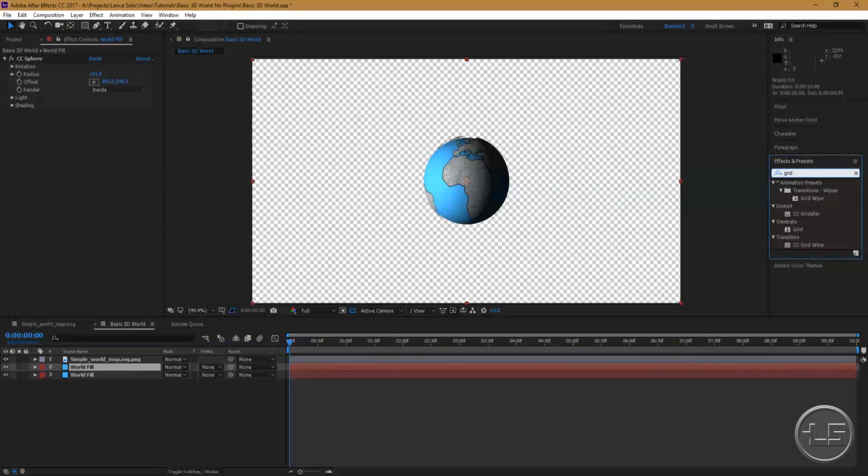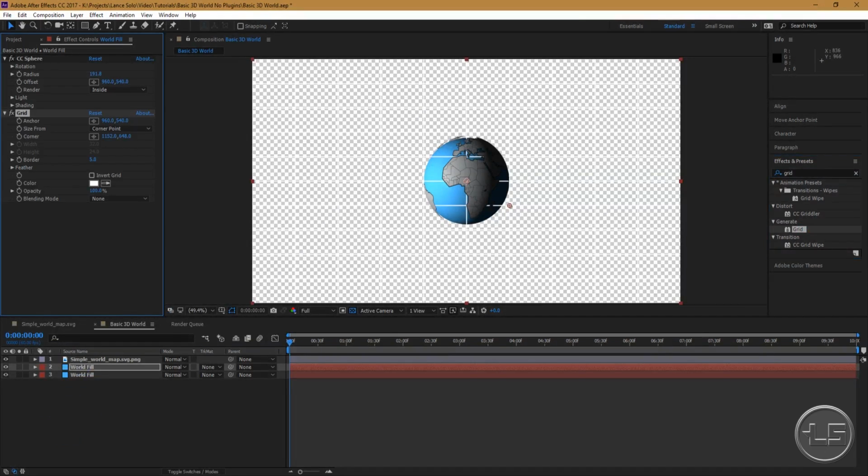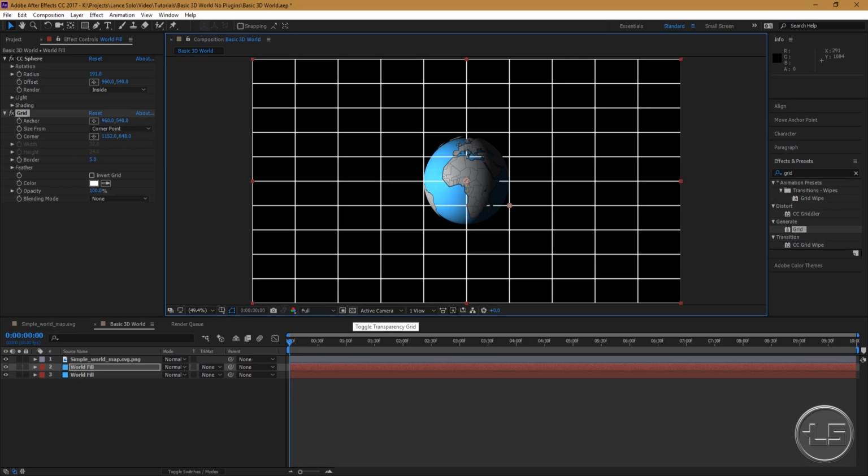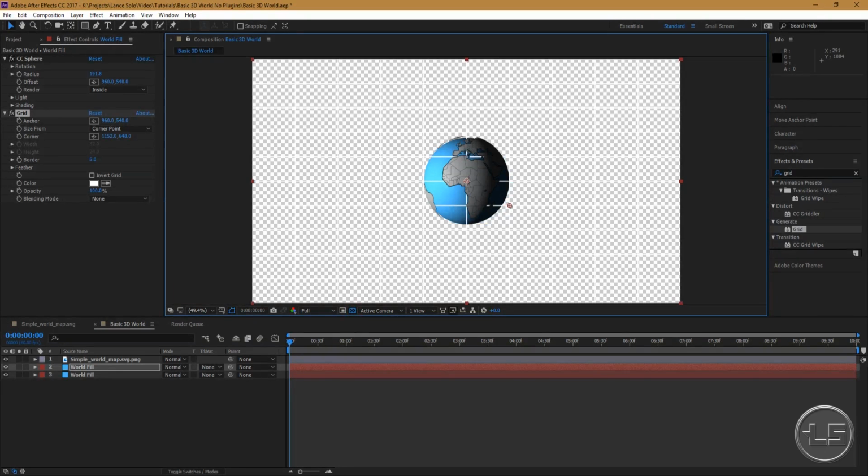All comes with things. So we're going to look for generate grid. Take that and drop it on here. So now you see it's just like a white grid. Let me turn this on so you can see it. And that's not what we want. We want it to be,